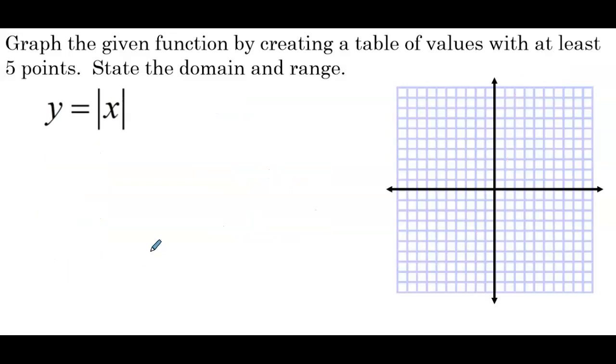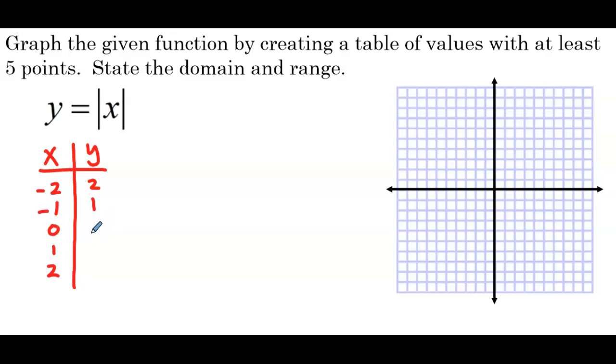Next up, y equals the absolute value of x. So we have x and y in our table. We'll stick with negative 2, negative 1, 0, 1, and 2 for our x values. So the absolute value of negative 2 is positive 2. Absolute value of negative 1 is positive 1. Absolute value of 0 is 0. Absolute value of 1 is 1. Absolute value of 2 is 2. And this is our absolute